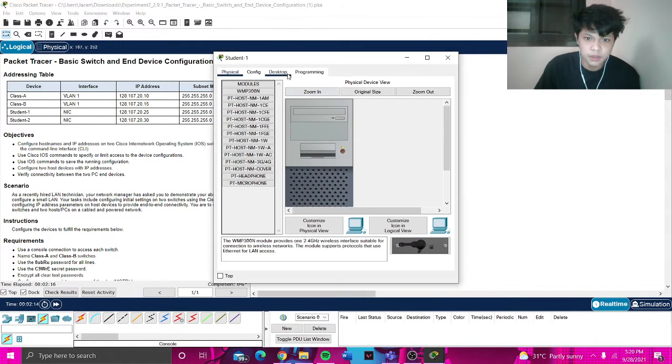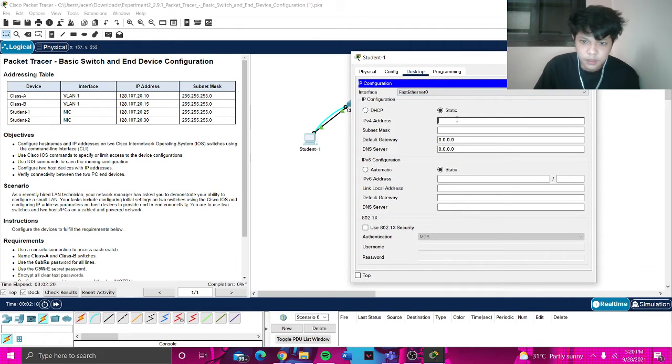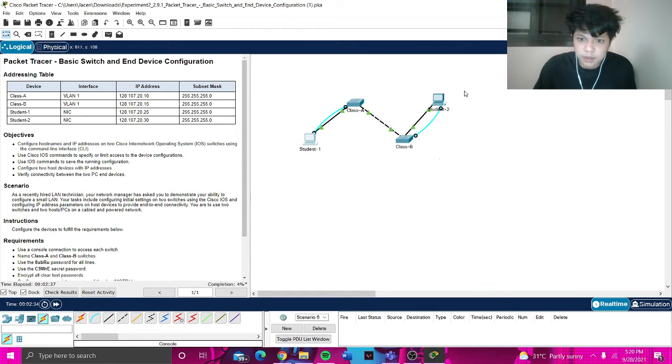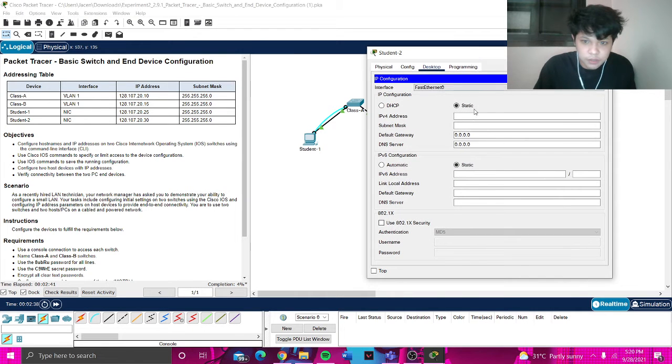So, student 1, desktop, IP configuration. Then, ang IP address natin for student 1 is 128.107.20.30. Ang subnet mask natin, 255.255.255.0. And yan, okay. Click X lang. Student 2, desktop IP configuration. IP address natin is